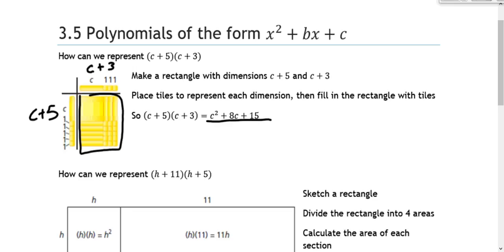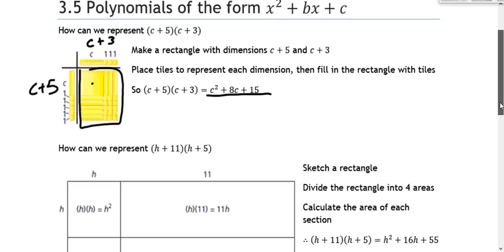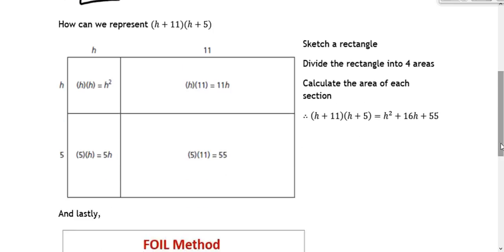So we can see that there is 1 c squared, 8 c's, and then 15 one-tiles. We also have this rectangle, which is kind of like the algetiles, but with less drawing than the algetiles. Either way is fine. When we do it this way, we just have to add up all the different spots. So it's h squared plus 11h plus 5h plus 55, and that gives us our final answer